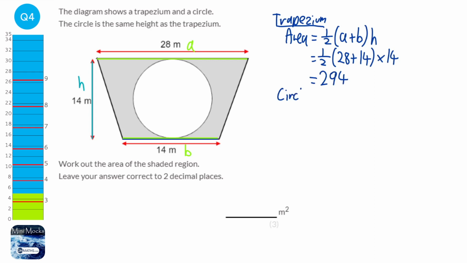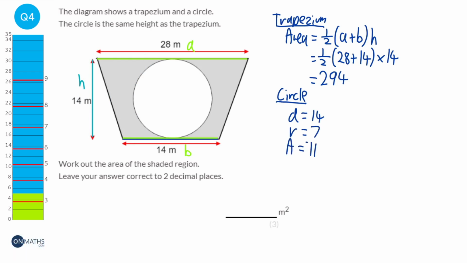Next we'll do the circle. Now it doesn't look like we've got anything for the circle, but actually the height here is actually the height of the circle as well. So the height of the circle is the same as the diameter. So the diameter of the circle is 14, therefore the radius would be half of that, which is 7, and the area of the circle is pi times the radius squared. So it would be pi times 7 squared, which will be